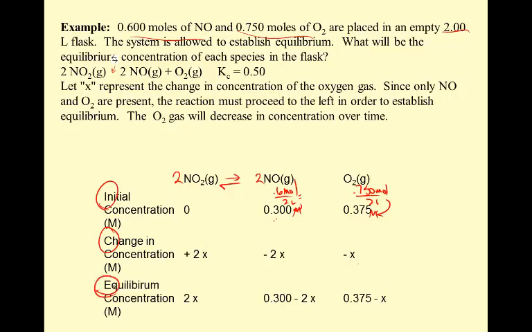And E is the equilibrium. Initial, change, equilibrium. At equilibrium, we'd have 0 plus 2x. We'd have 0.3 minus the 2x that changed into reactant. And this one is 0.375 minus the x that changed into reactant. Okay, so after all of that, you would get